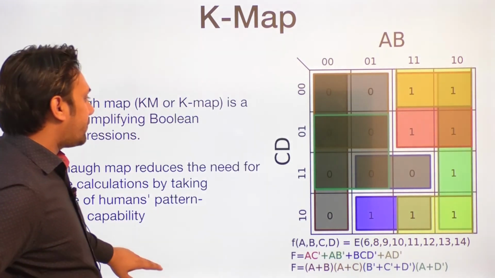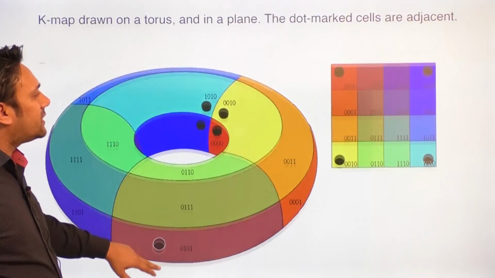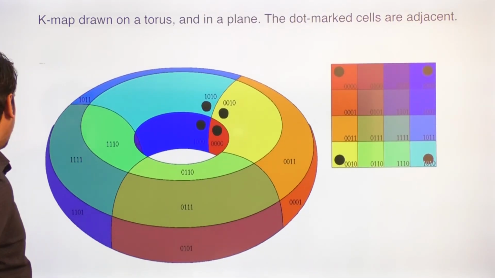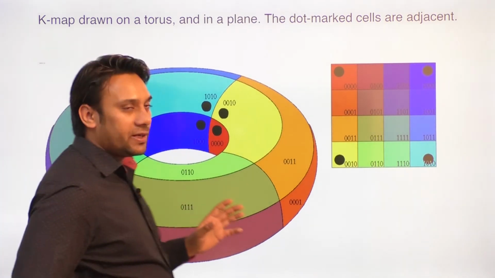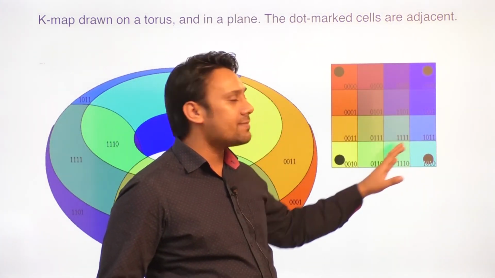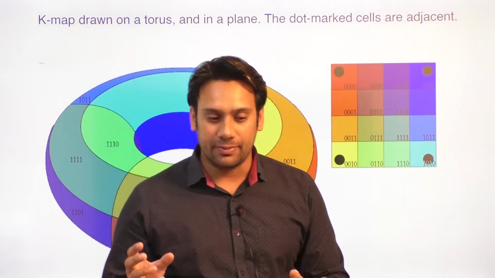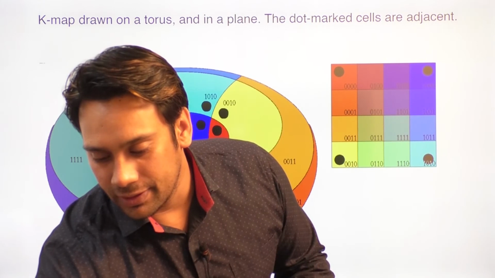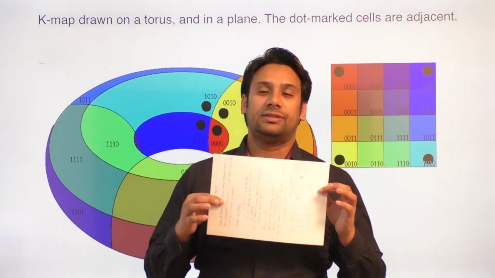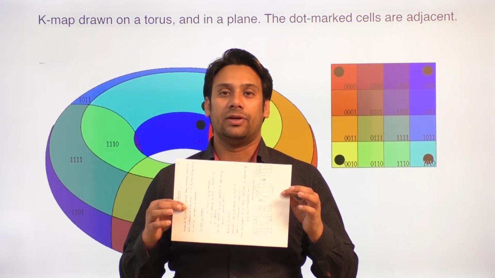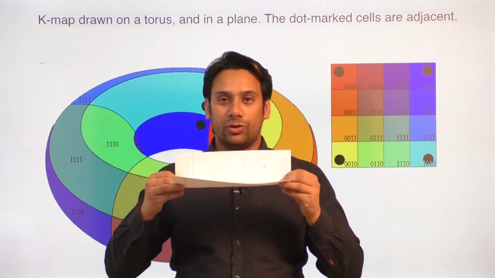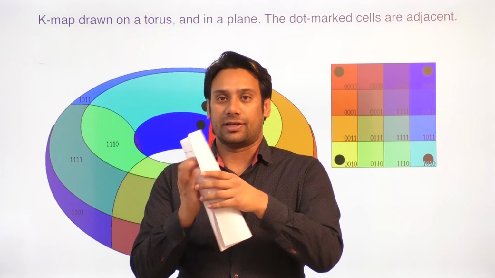Okay. So I told you that you can skip this PPT. Now look at this PPT. So this PPT is representing that if we have a K map like this, and if you fold this K map, let me show you with the help of an example. Let us assume this is your K map. So what I can do is fold this K map in the form of a circle like this.